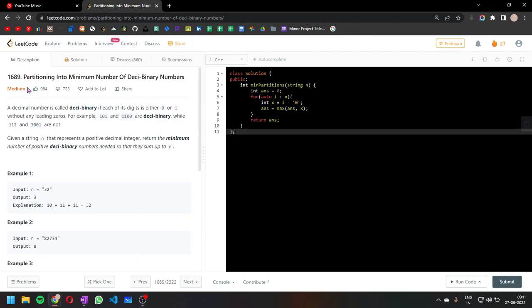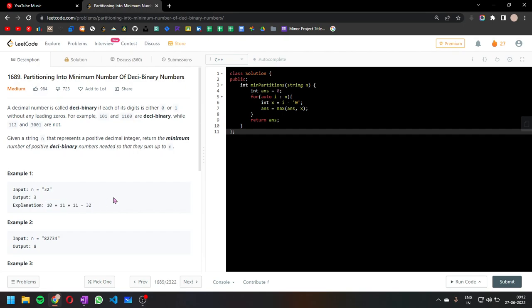Hello everyone, so today we are going to solve Partitioning Into Minimum Number Of Deci-Binary Numbers. Here we have been given what a decimal number is and what a binary number is. A binary number is a number without any leading zeros which contains only ones and zeros. We have been given a positive integer like this, and we want to say how many binary